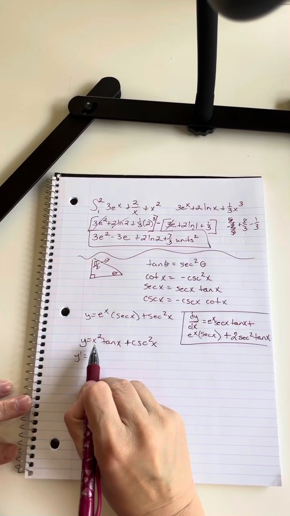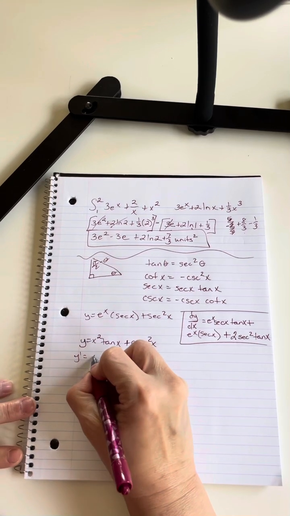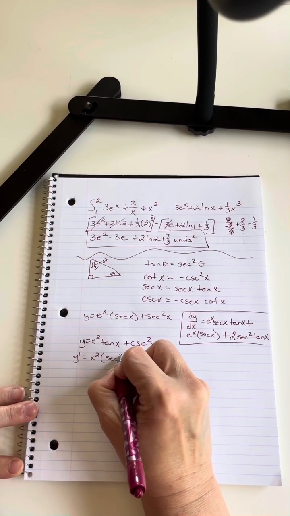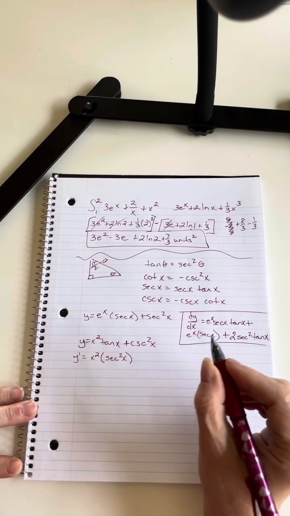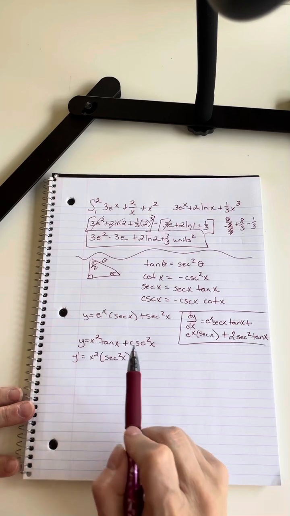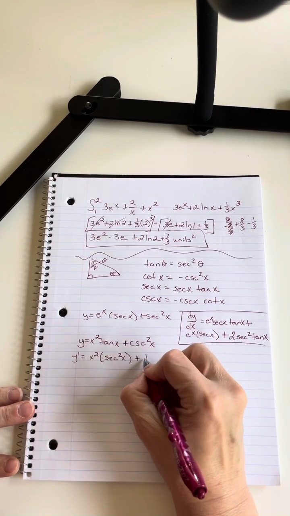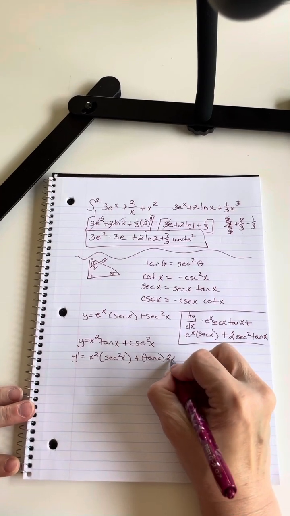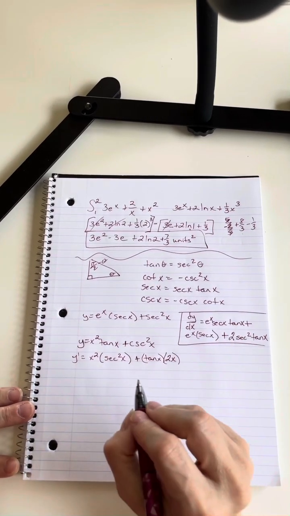All right, so again, 1d2, so x squared, and then the derivative of tangent is secant squared x, even though that says theta, we're doing the x's because that's what we have here. 1d2 plus 2, so tangent of x, with the derivative of the first one, which goes to 2x,